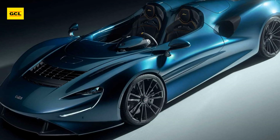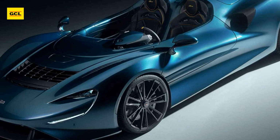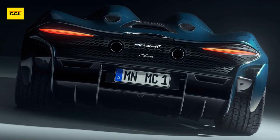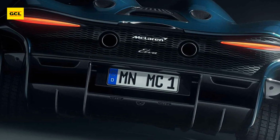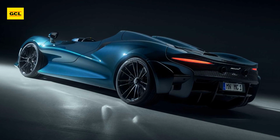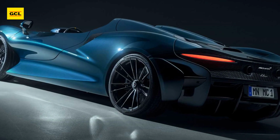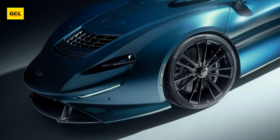Novitec adds its N-Tronic module with updated mapping for the fuel injection, ignition, and electronic boost pressure management to achieve the power upgrade. Additionally, the business offers a decreased back pressure exhaust system, and customers can choose to have the thermal insulation gold-plated. According to the enhancements, the Elva can hit 62 miles per hour, 100 kilometers per hour, in